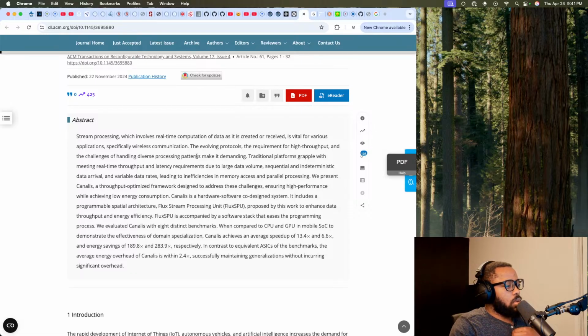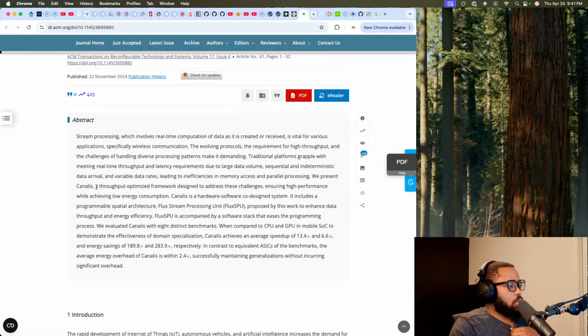Traditional platforms grapple with meeting real-time throughput and latency requirements due to the large data volume, sequential and indeterministic data arrival, and variable data rates, leading to inefficiencies in memory access and parallel processing.